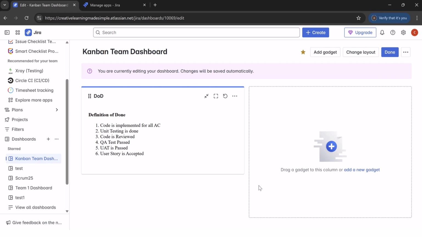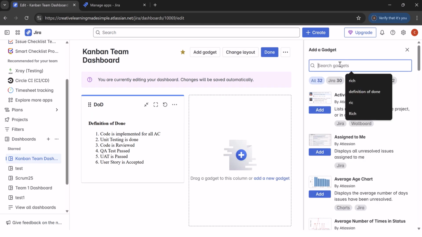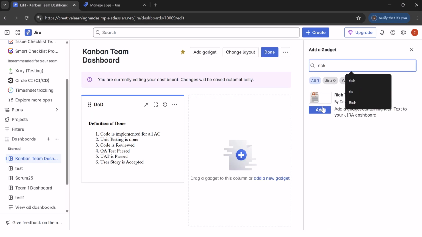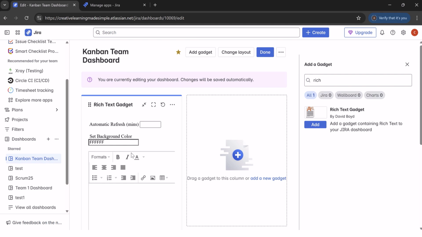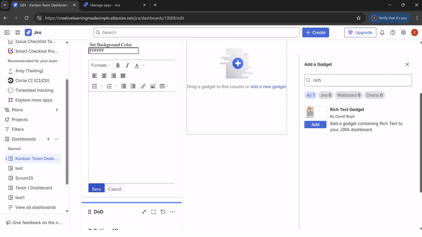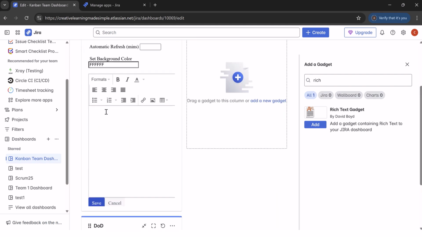Let's say we want to keep some checklists for our team. It could be definition of done, it could be definition of ready, it could be some standards that we have to use. So we can utilize this particular plugin or this particular gadget. And let's say we want to add DoR as well. So we can also say Rich Text and we can add it here. So this is again what we can do, we can say this is our DoR and say that